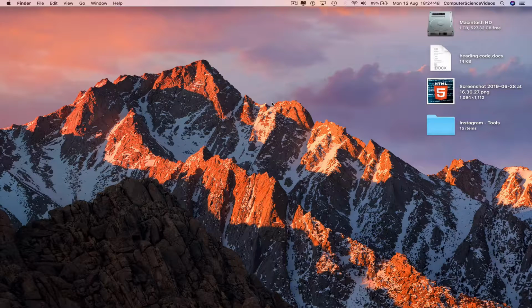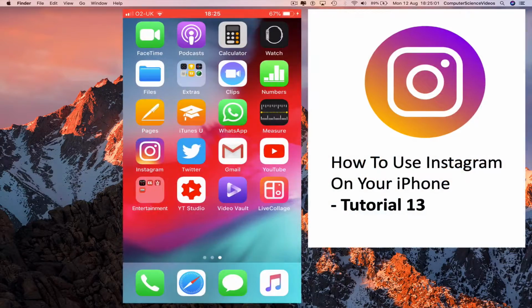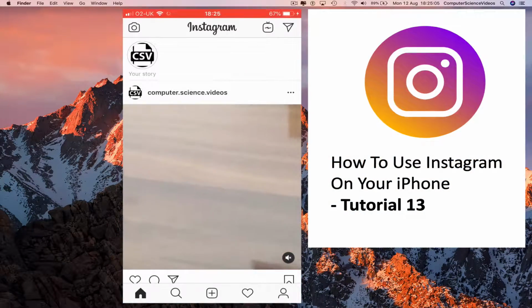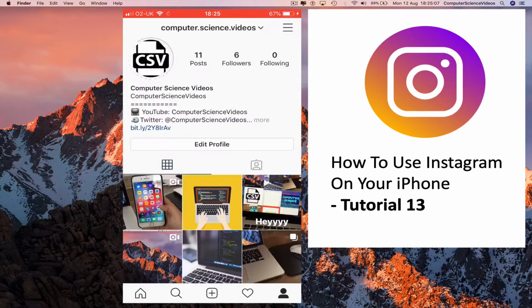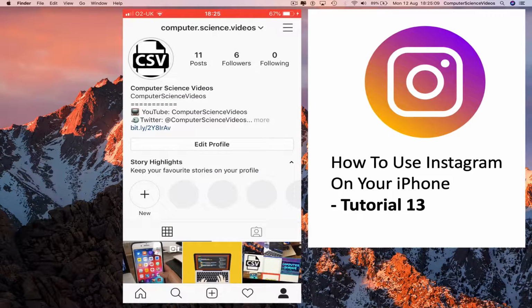So for this tutorial, you will need access to an iPhone, the iPhone application, and now we can click on Instagram itself. Make sure we sign into the account. Go to your profile, make sure you have an IG story posted to your Instagram account, and now we can